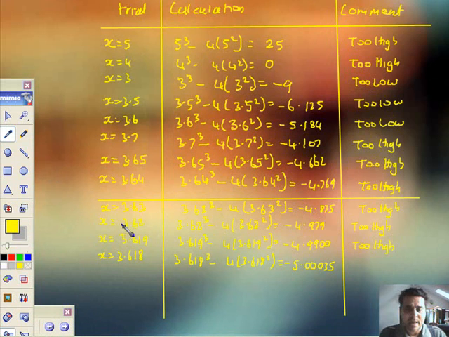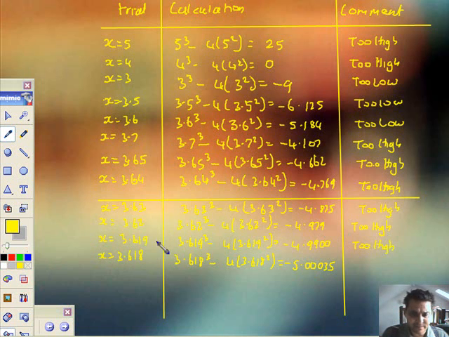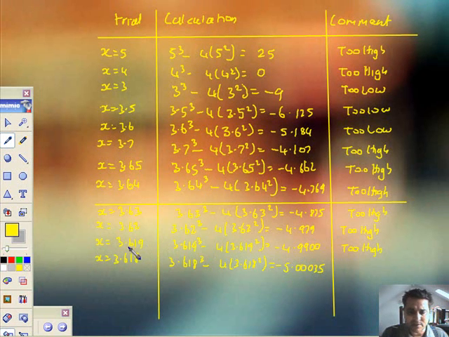Take it down a bit more. x is 3.62. I've got minus 4.979, very close but too high. Brought it down a bit more. Instead of going 3.61 dead, I knew I was so close, I just backtracked 0.001. So 3.619 gave me an answer that's really close, minus 4.9900. I want the 00 there because I may need to go to 3 or 4 decimal places just to see the difference. So still a bit higher. Took it down one more thousandth,